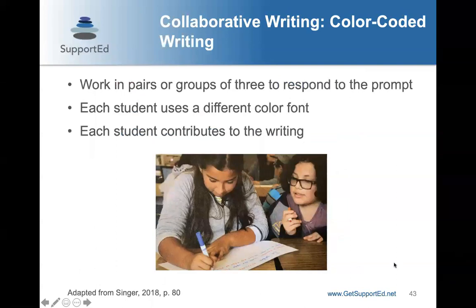You can also have students do collaborative writing, and you can have them color code it so that you know which students wrote which pieces. So this can be a great way for students to get ideas from one another, but you can still identify who did what. And you could do this through a Google Doc, where two students are working on the same Google Doc virtually, but they're using different colors and creating a single response, a single paragraph, a single essay, depending on what you want them to do. So they're getting ideas from one another, but you're still able to see who wrote what, and further your education or adapt your lessons based on that.